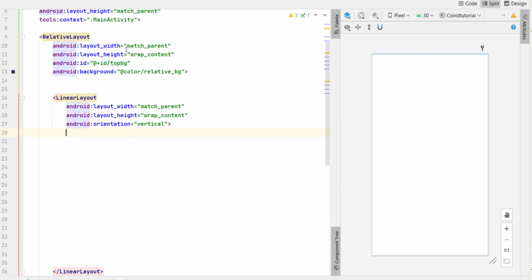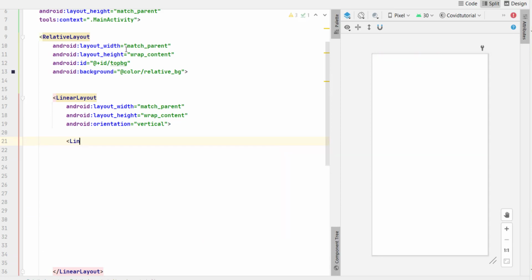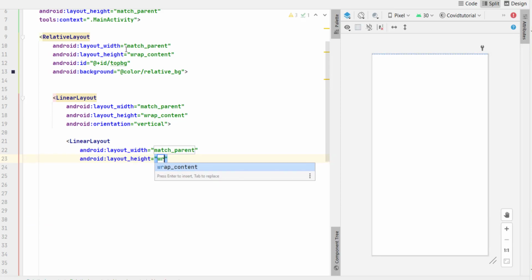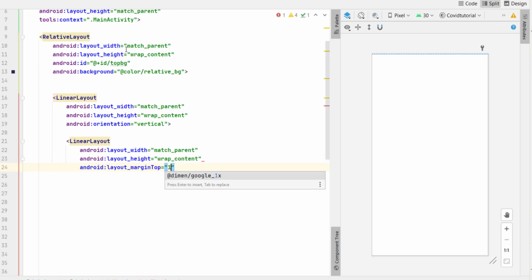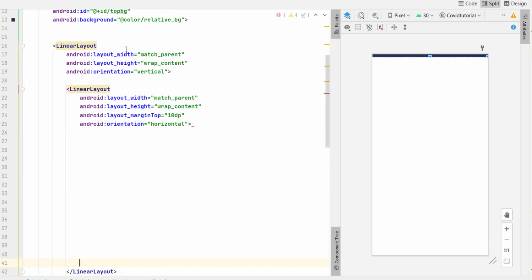Now inside this linear layout again I need a linear layout, and simply set the layout width match parent, height wrap content. Now we have to give here margin top 10 dp, it is fine, and then we have to set the orientation. So I simply set the orientation horizontal because this time I need items horizontally inside this linear layout. Now close this. Now after writing a little bit of code, I will explain how it is working,